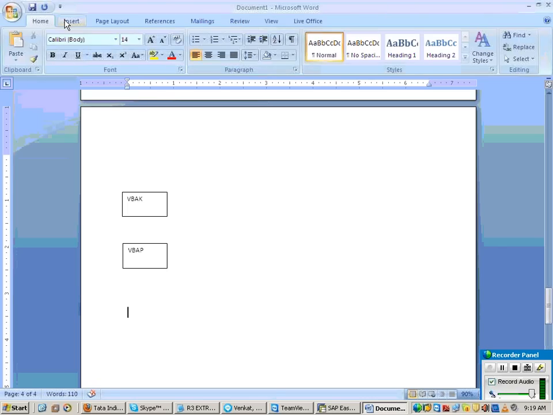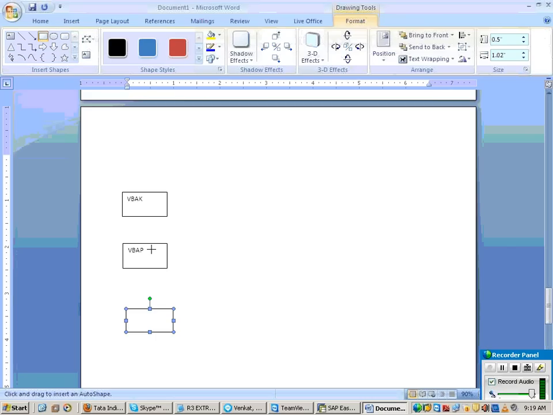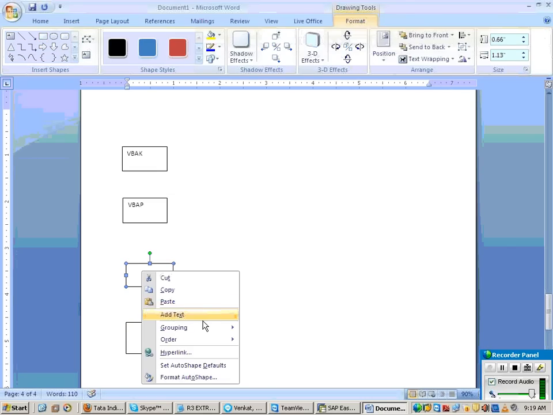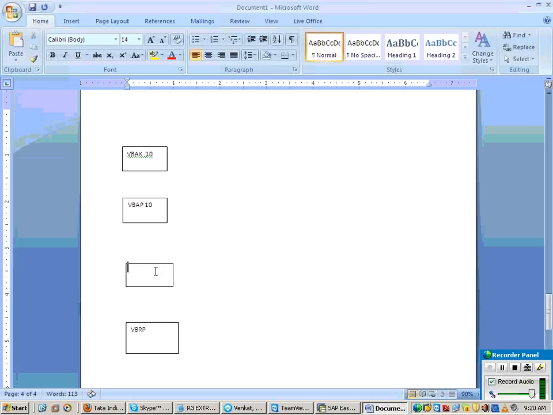And I do have some delivery tables also. Let us say this is VBRK and VBRP. These are the delivery header and delivery item tables. Now what is my requirement? This is normalized, and from normalized I want to convert into denormalized. So suppose we want to extract 10 fields from each table.